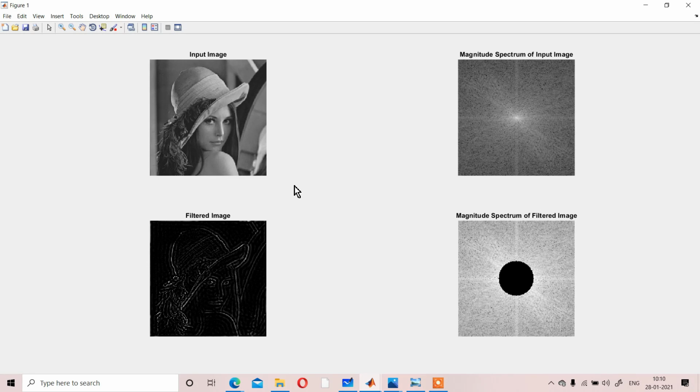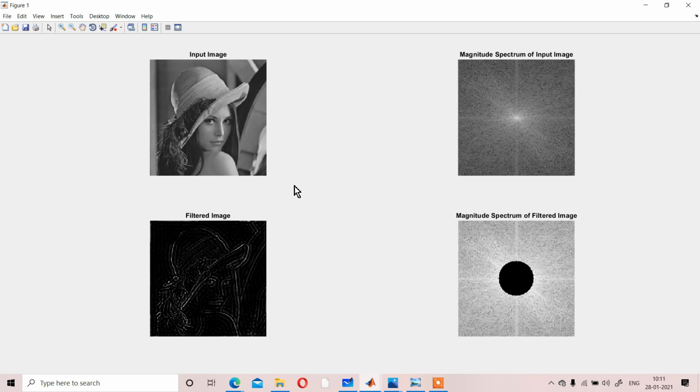In the low pass filter, the high frequency ranges are removed. High frequencies means the frequencies that we get in the boundary portions of the image. Just keep in mind the boundary portions of an image define the high frequency ranges, and the other portions except the boundaries are defined by the low frequencies of the image.